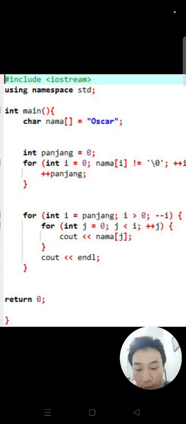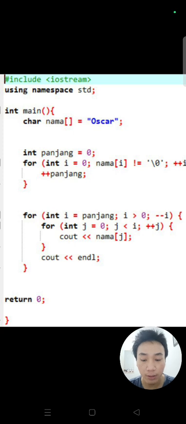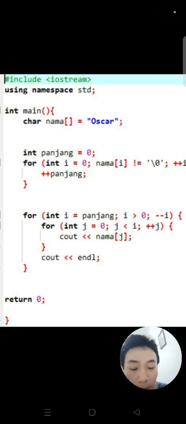String declaration: the next part of the code declares a string as an array of characters. The string Oscar is stored in an array of characters. Each character is stored in sequential memory, and an invisible null character marks the end of the string. The string has a total length of 5 characters and 1 null character.